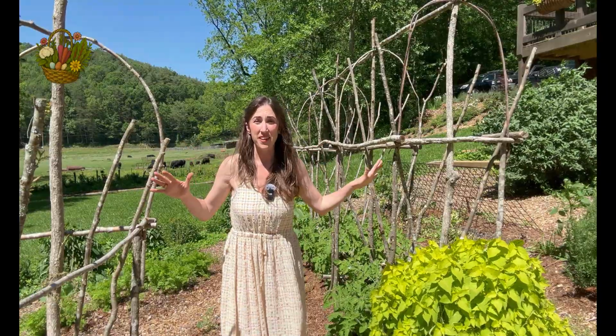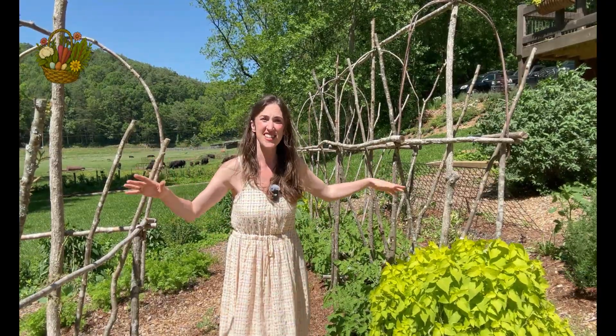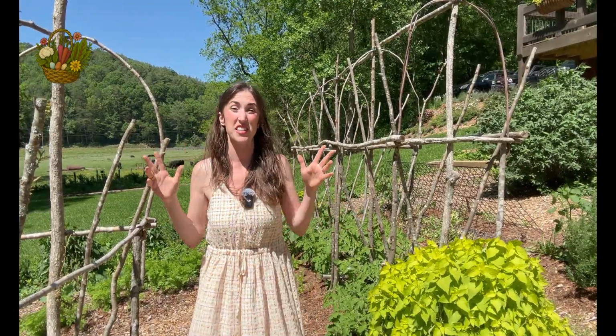We are growing tomatoes on these beautiful trellises, and I'm going to show you how I'm going to support these